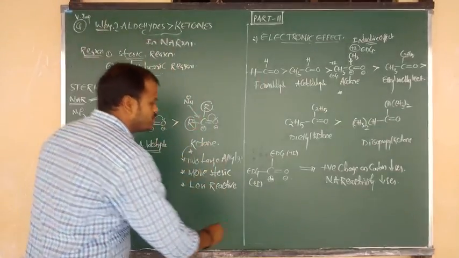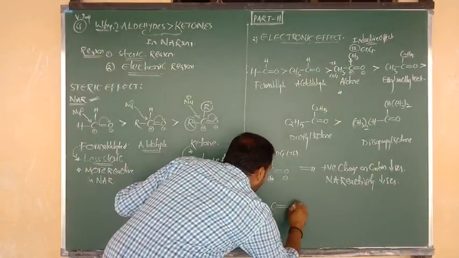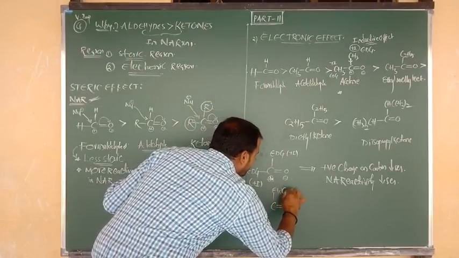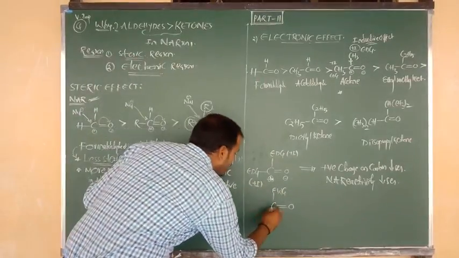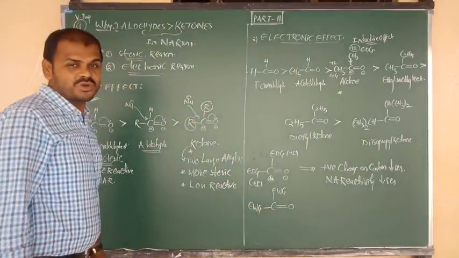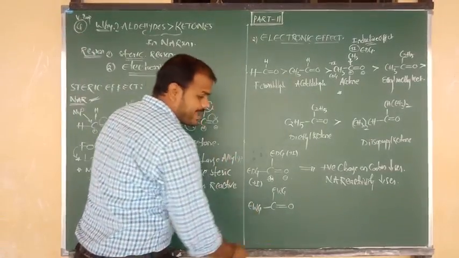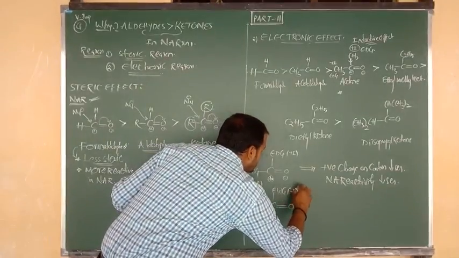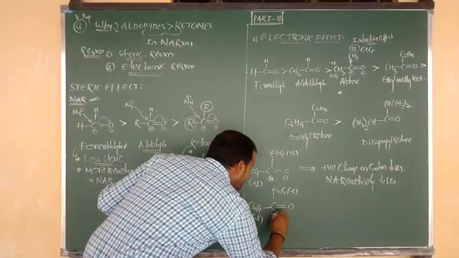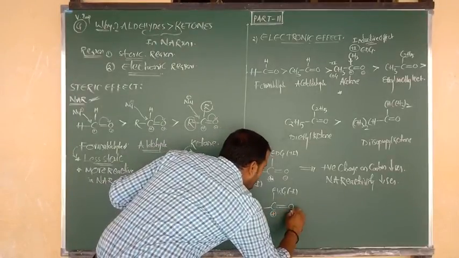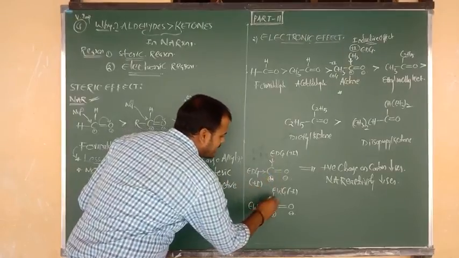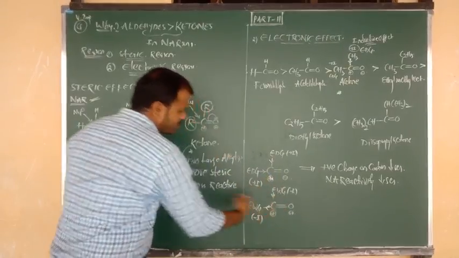Another example I am going to show you. C double bond O. One side here I am going to write EWG, I mean electron withdrawing group. On the other side also I am going to write EWG, meaning electron withdrawing group. So both sides, what is there? Negative inductive effect. Here also we have to say negative inductive effect. Originally the carbonyl carbon contains positive, oxygen contains negative. So here electron donating groups in the first case, in the second case electron withdrawing groups are there.